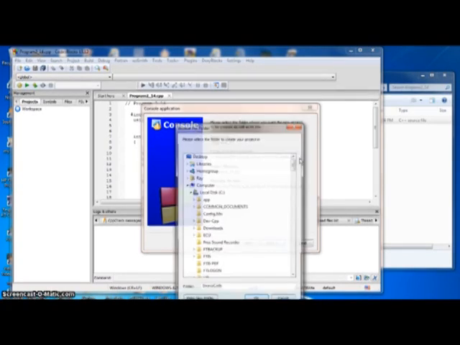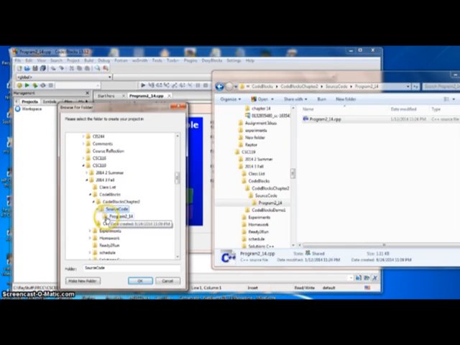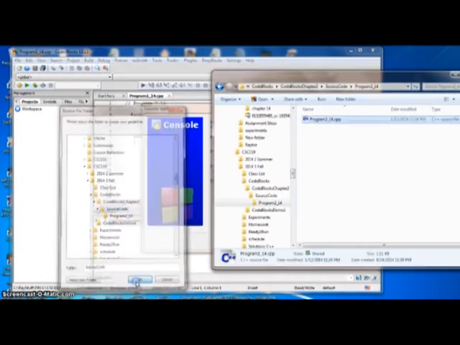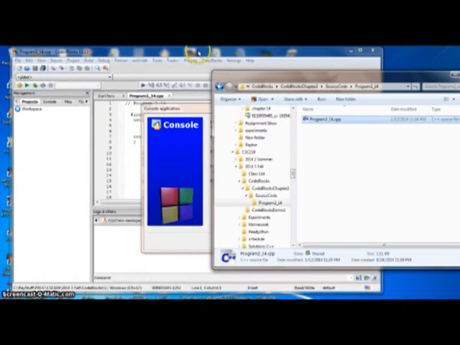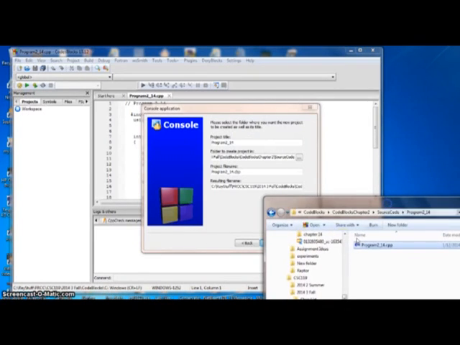Now we're going to line up the folder with the folder that we've already got. We don't want to go down to program 2_14 because that will already be included. I'll show you that in a second. So we'll just select source code, press OK. Now we'll want to examine these paths here. So this is code blocks, chapter 2, source code. Okay, and that's good. And that follows this that we see in the Windows Explorer, code blocks, chapter 2, source